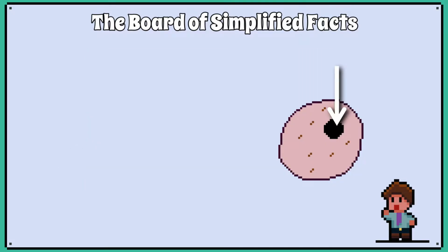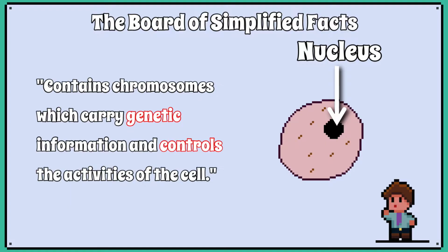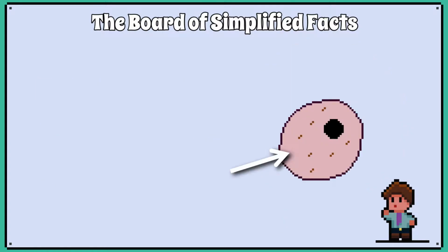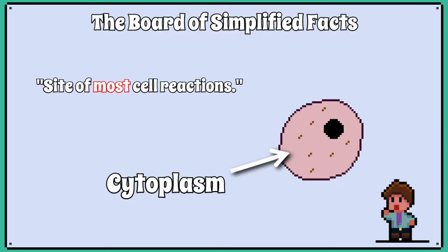The smaller circle is called the nucleus. The nucleus controls the activities of the cell and contains genetic material called DNA. Some people like to think of the nucleus as the supercomputer of the cell. The space between the cell membrane and the nucleus is called the cytoplasm, and this is where most chemical reactions